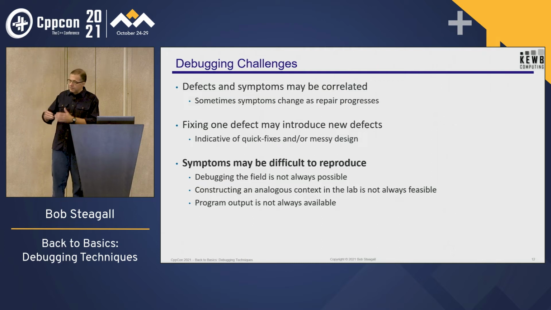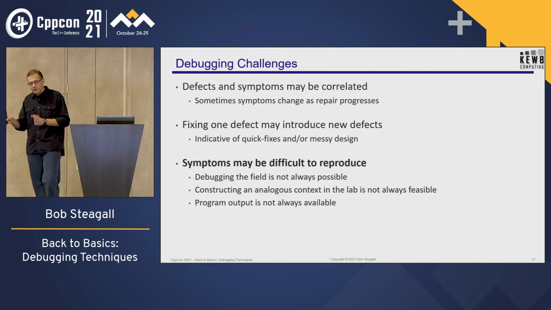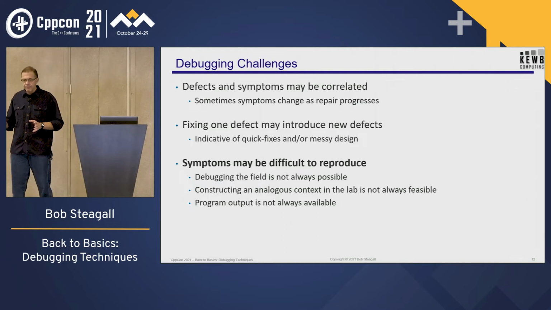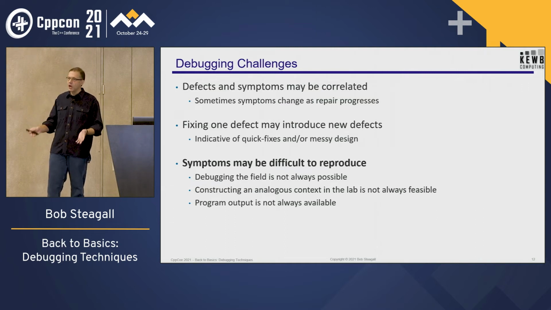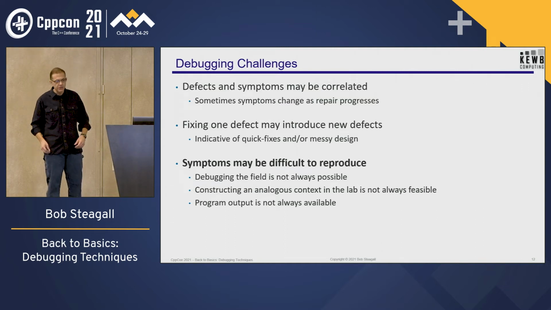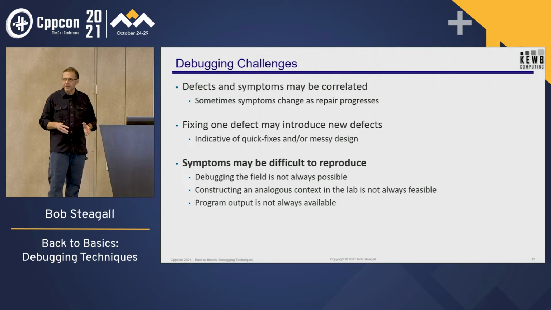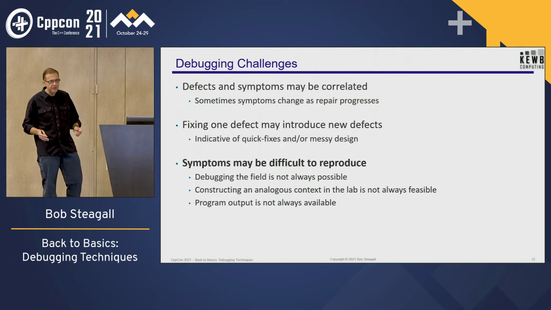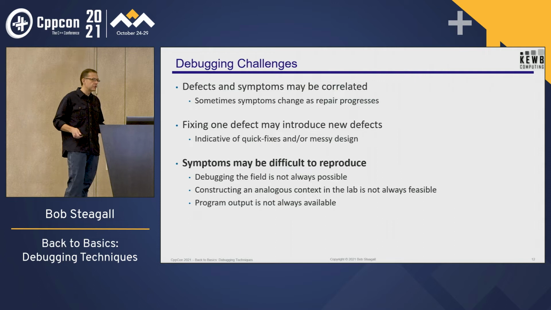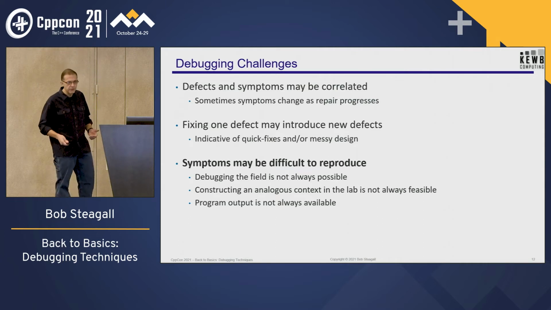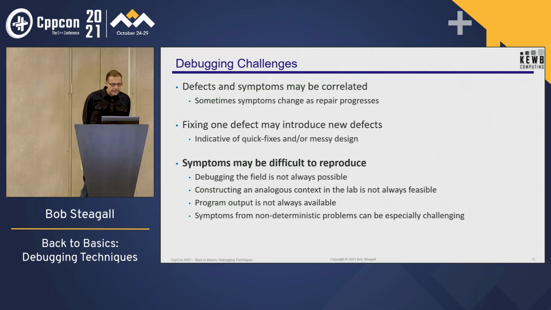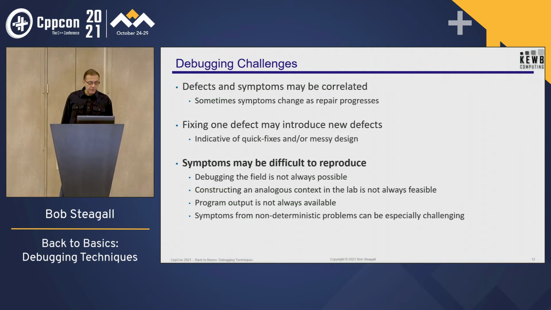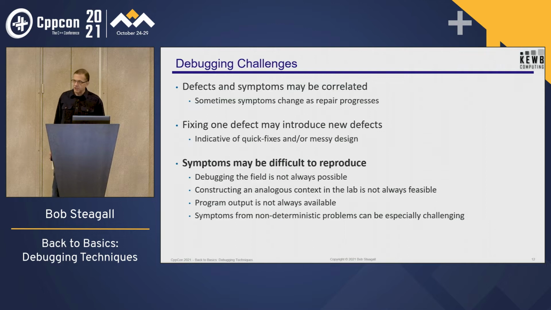If you've shipped some software and your user is saying, well, when I run it with this particular input, the program fails or I get this error, and you say, can you provide me with that input? And they say, no. Can you narrow it down to some input that fails rather than all of your input? And they will say, no. So you have to try and infer, based on their description, what input is causing it to fail, right? Symptoms from non-deterministic problems are especially challenging.